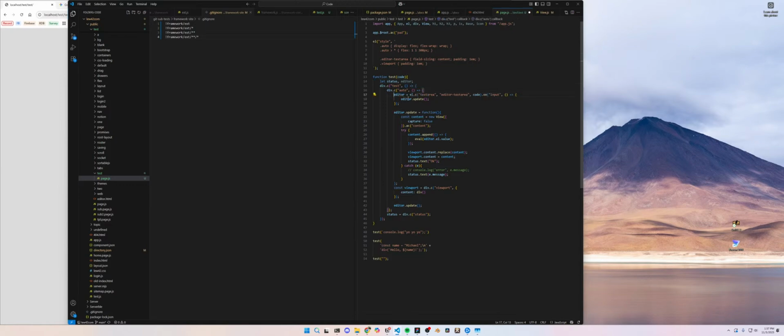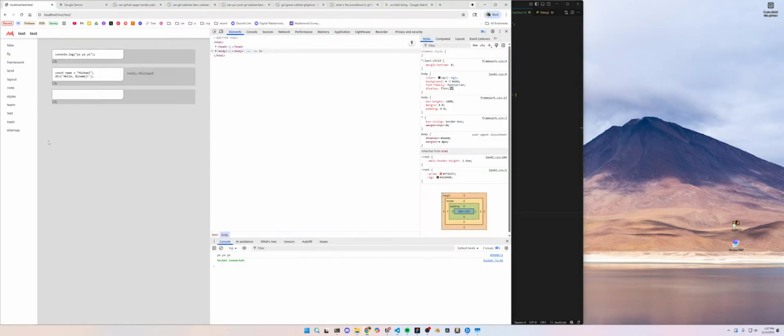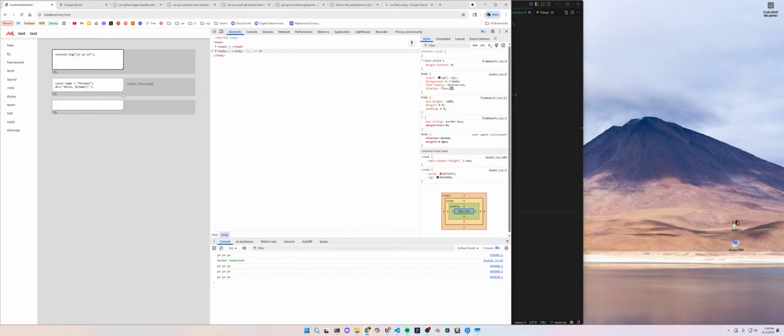Editor equals... editor update has to go after that. Now, I don't really like that, but I wouldn't really want it to be